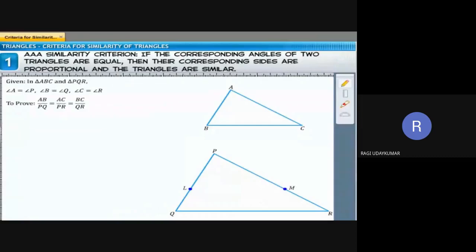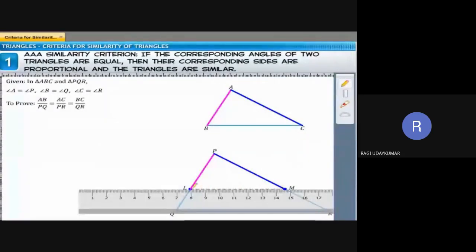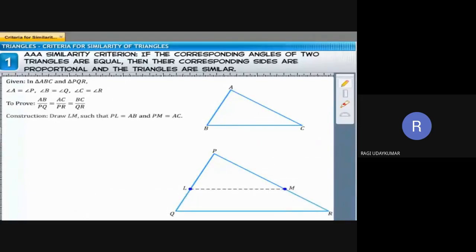Actually, this can be considered as one theorem, and let us see how we can prove it. AAA means what we need to prove here is AB by PQ equals AC by PR equals BC by QR. Now in triangle PQR, by construction, draw PL equal to AB